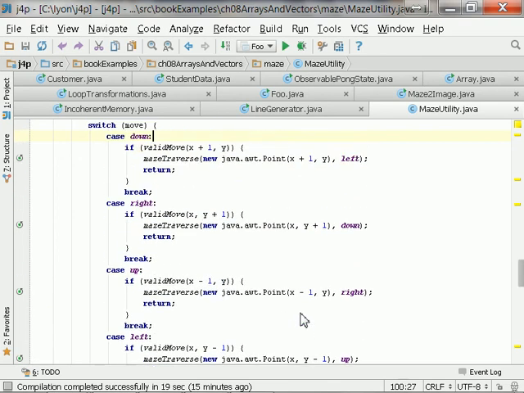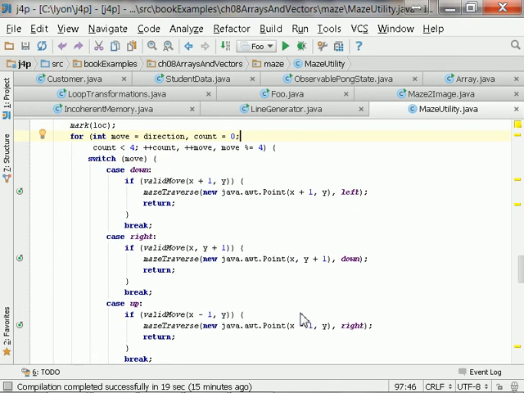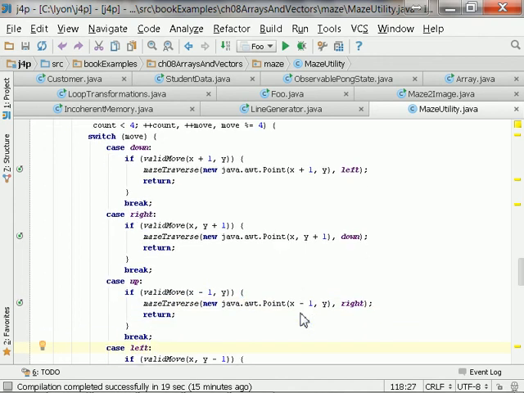That's how you generate a valid move. And so then the move says, look, if it's a move down, I can increment on X. If it's a move right, I can increment on Y. If it's a move up, I can decrement on X. I'm assuming X and Y 0, 0 are in the upper left corner. That's why moving up is